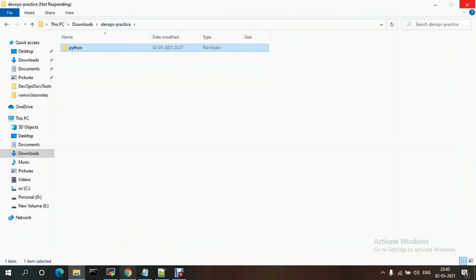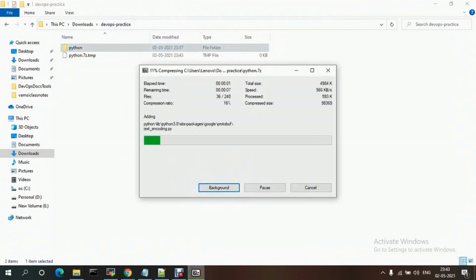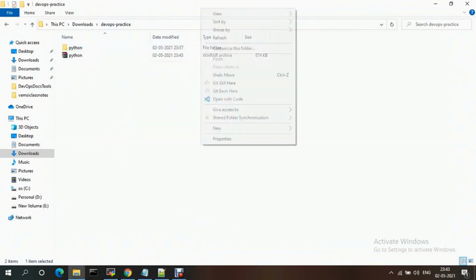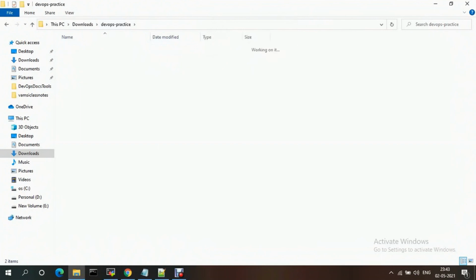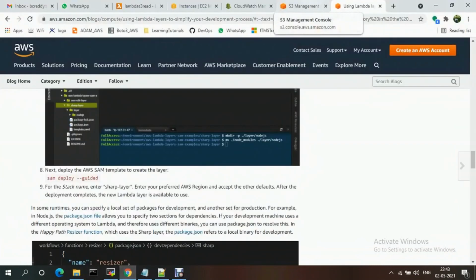Once this is done, the zip is completed, and you just need to go to the Lambda function.